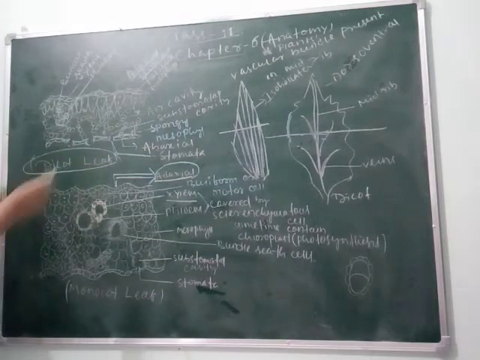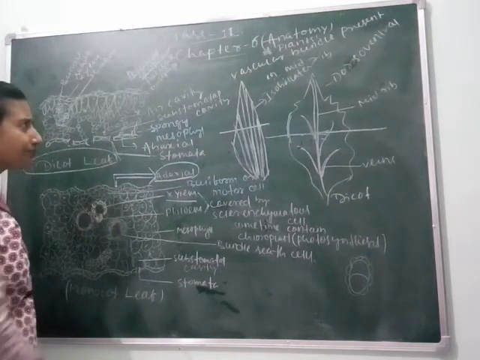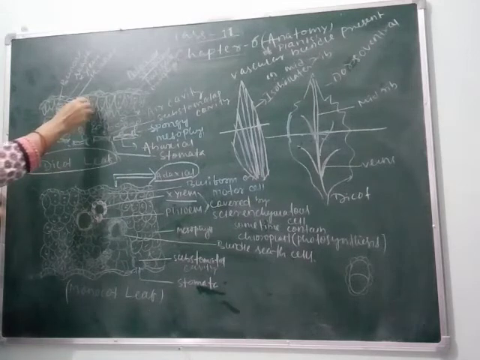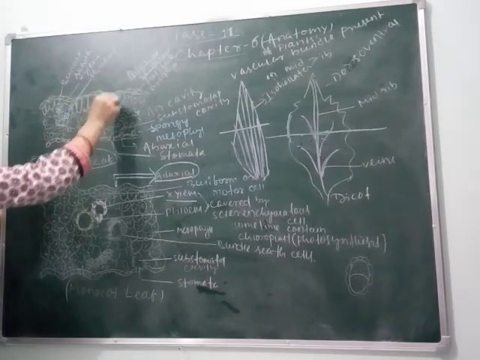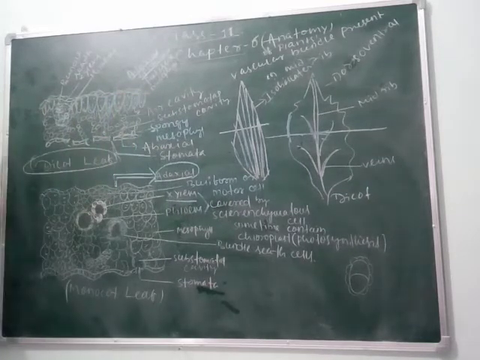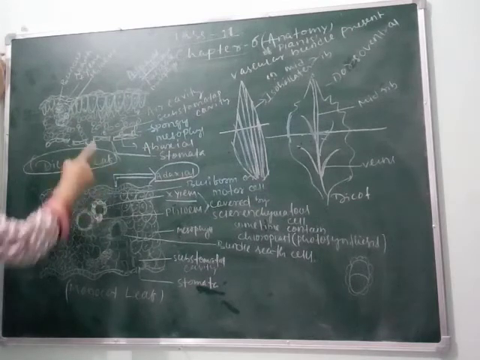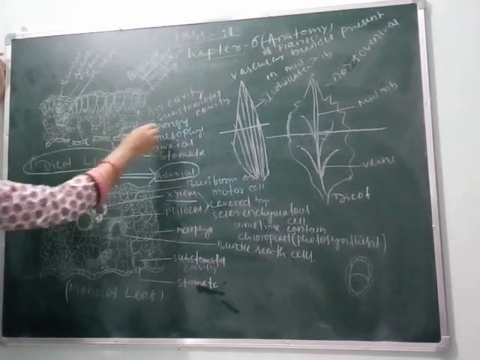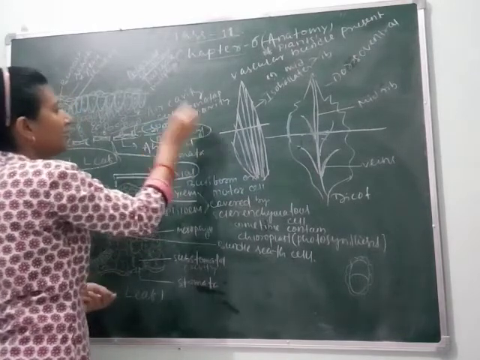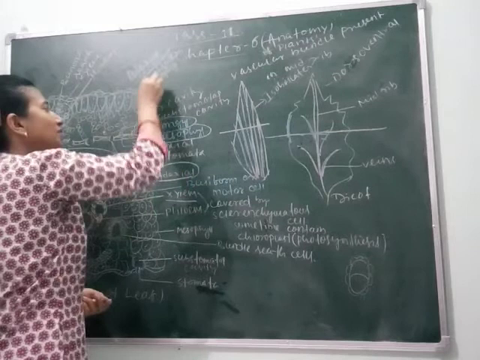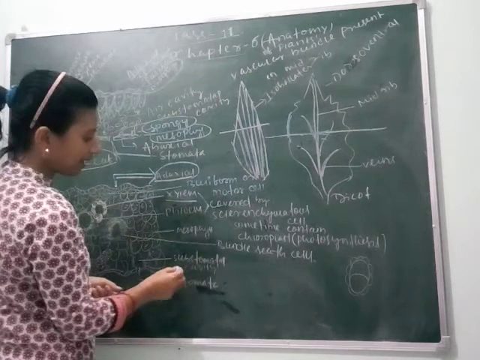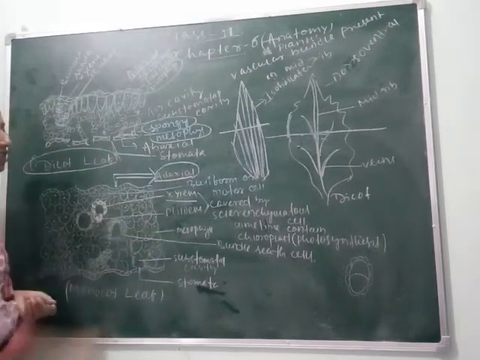Next, I have told you some air cavities are present just above the stomatal cavity. And here is the mesophyll, a long stretched structure you can see. These are called palisade mesophyll or palisade parenchyma. Here the lower part contains spongy parenchyma. This is the main difference. The lower part has spongy mesophyll, the upper part has palisade mesophyll. But in the case of monocot, the upper part and lower part both contain the same spongy mesophyll.